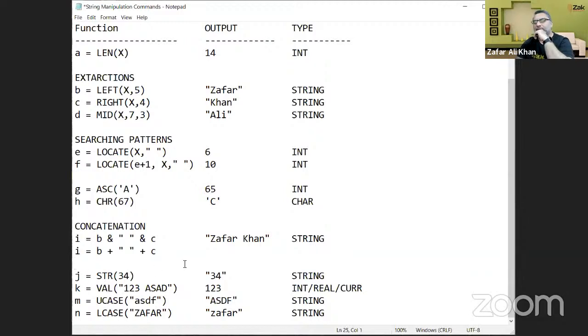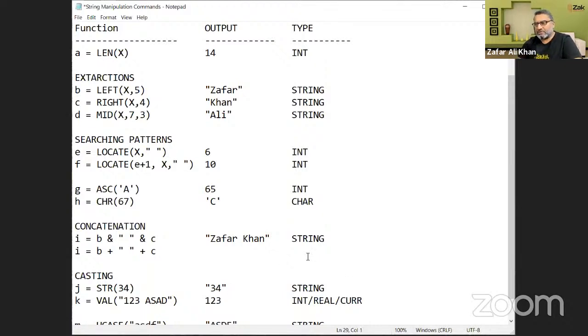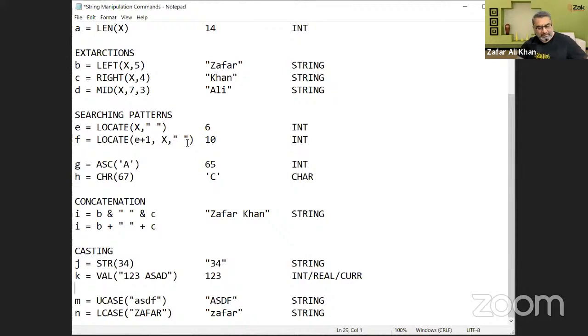Then comes string and value. These two are basically casting. What is casting? Casting is basically turning one data type into another. What basically happens is that an integer is saved in a different way, a character is saved in a different way, and a string is saved in a different way. Apparently they look the same,